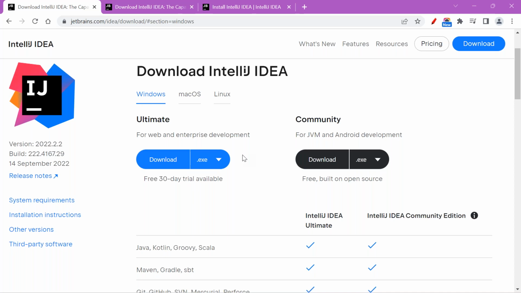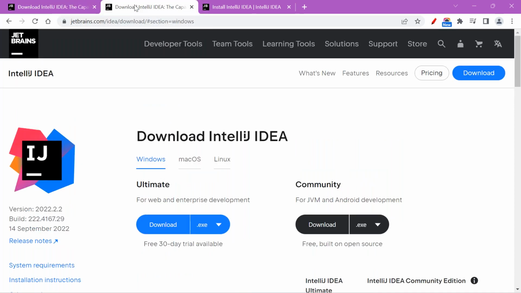This is the process. If it is a startup company, yes, you will be landing here. If they say budget and other concerns mean they won't pay for a license, and they are ready to compromise on other things like security, they will give some instructions: be careful, don't download anything unsafe. Then the community version you can download. It is straightforward. Here you click on download, and one exe file will be downloaded.